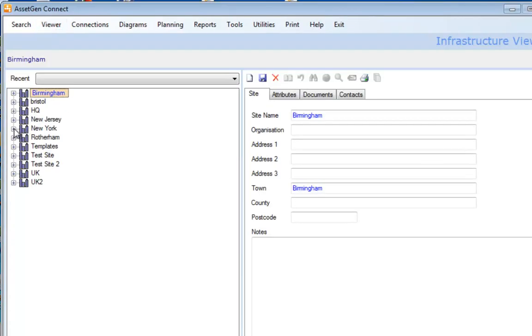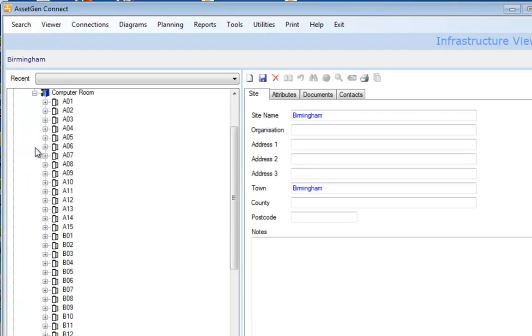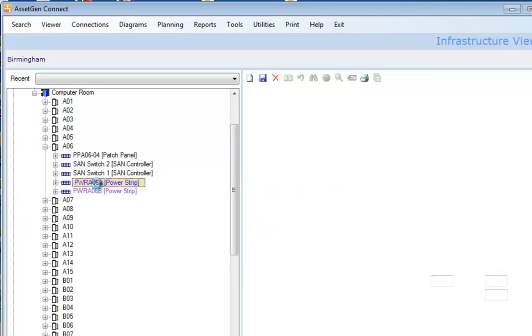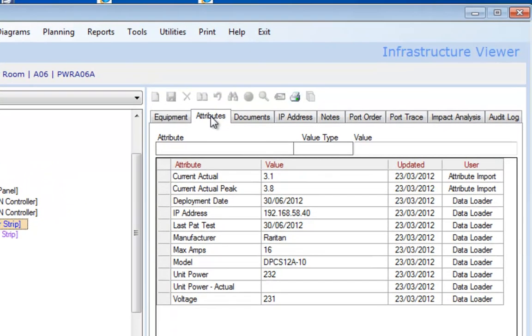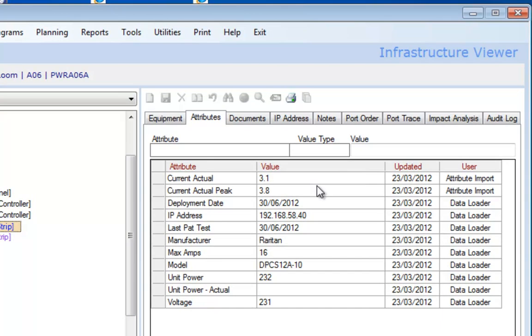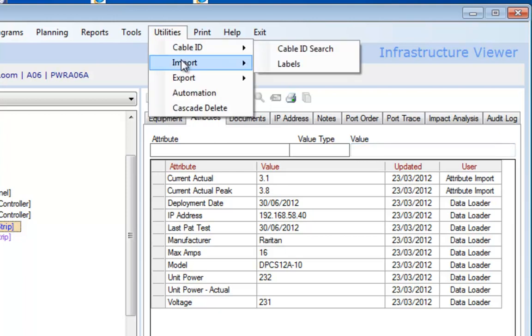If I now go and look at some of the power strips within that data center, and I look at this one here, for instance, I look at the attributes and we can see that we have the values and they've been updated because all changes, even through the automated updates, go into an audit log so we can track that back. And it's exactly the same process for any information from existing spreadsheets, asset systems, monitoring tools, discovery systems, and I can now run and rerun that data import